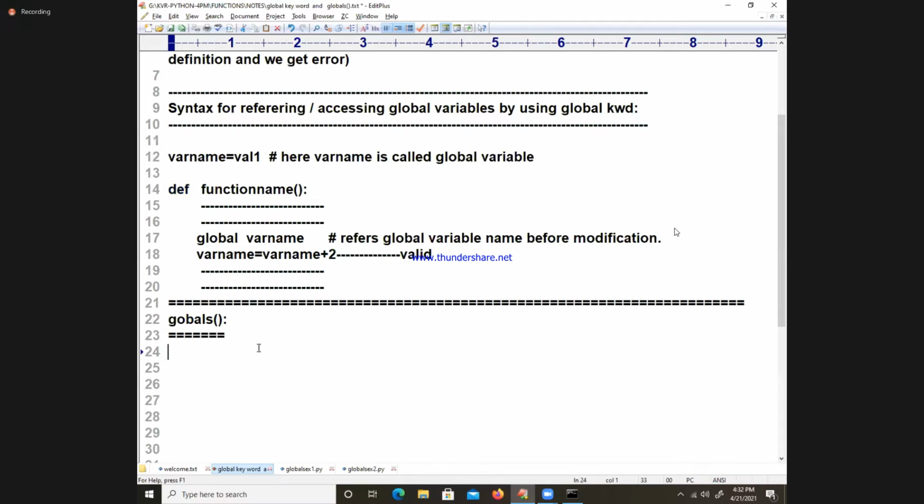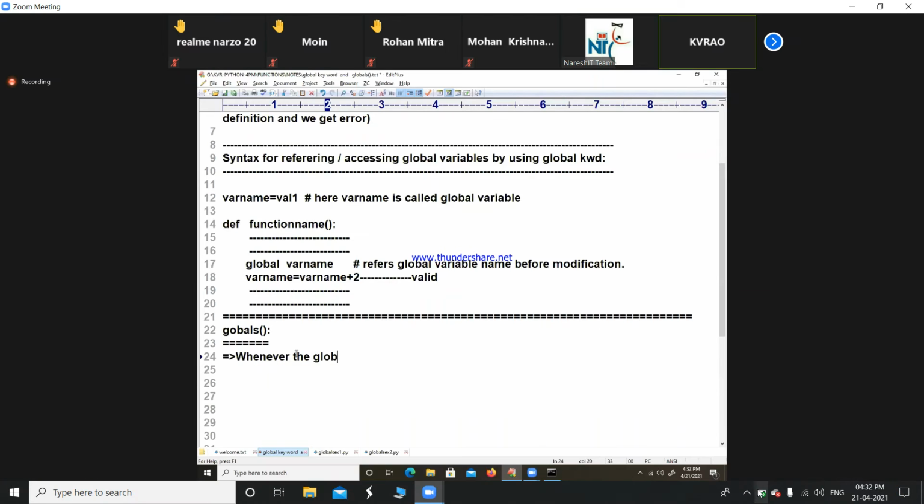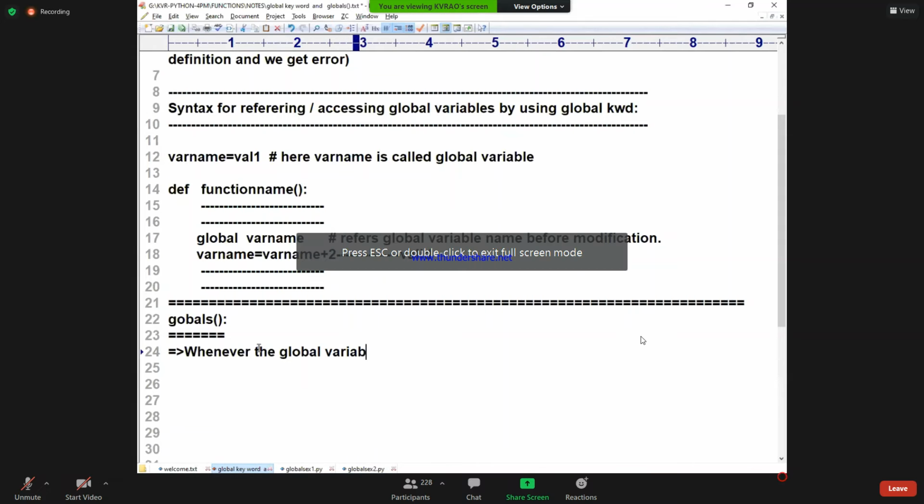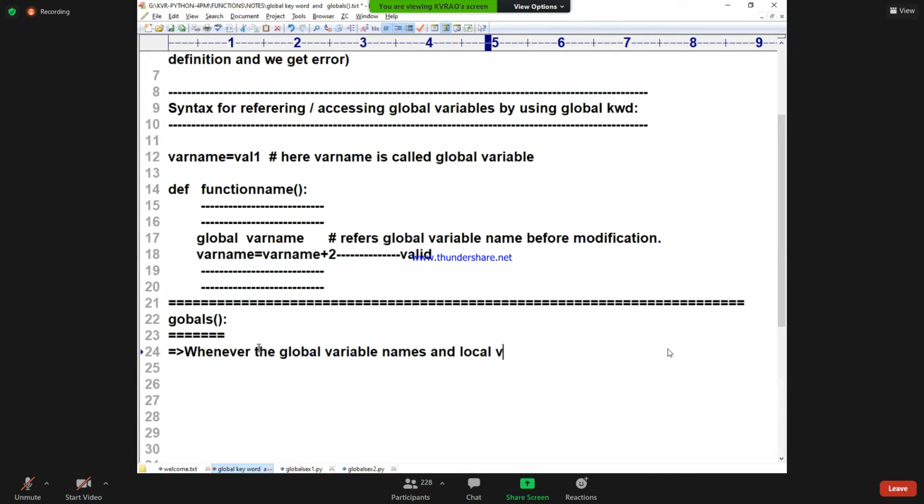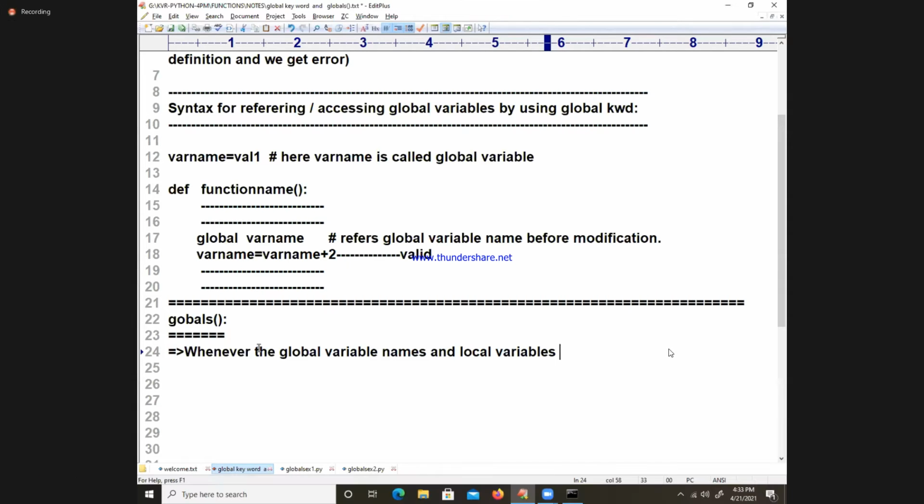Now I am writing, see the concept. Whenever the global variable names and local variable names are the same, let me continue, after that you can post it.